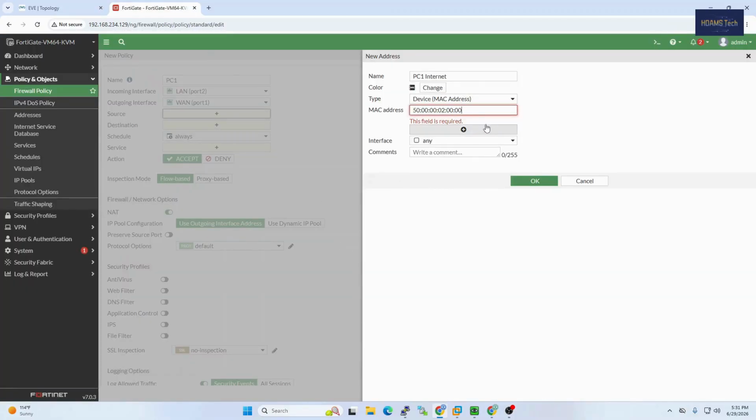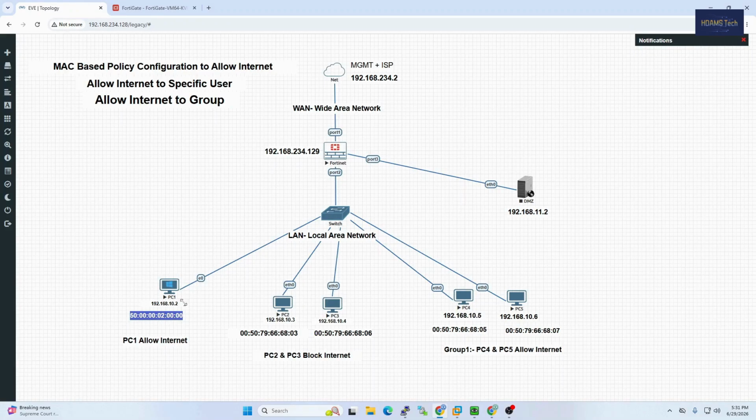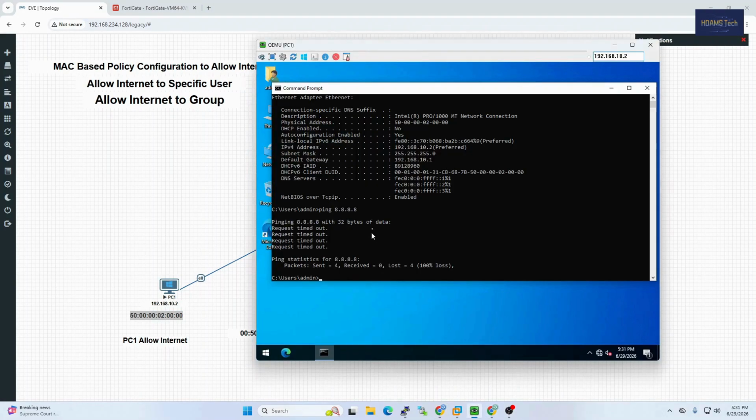You can see here the MAC address, but you must enter this one. By mistake I just copied and pasted here, so it was showing to me, so I just take the copy. So we must enter like this,